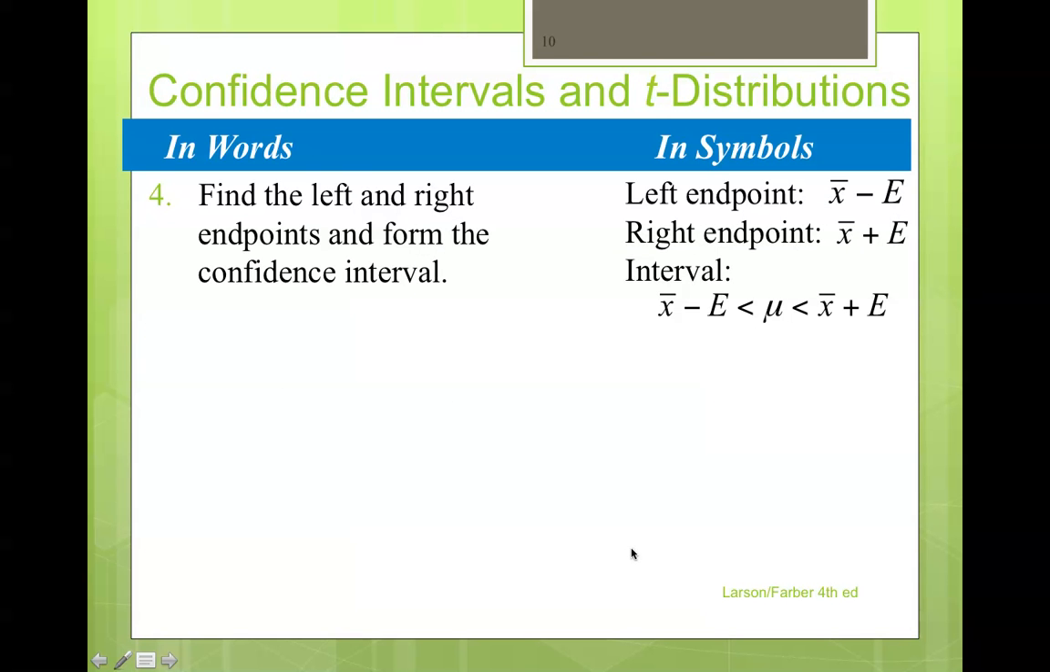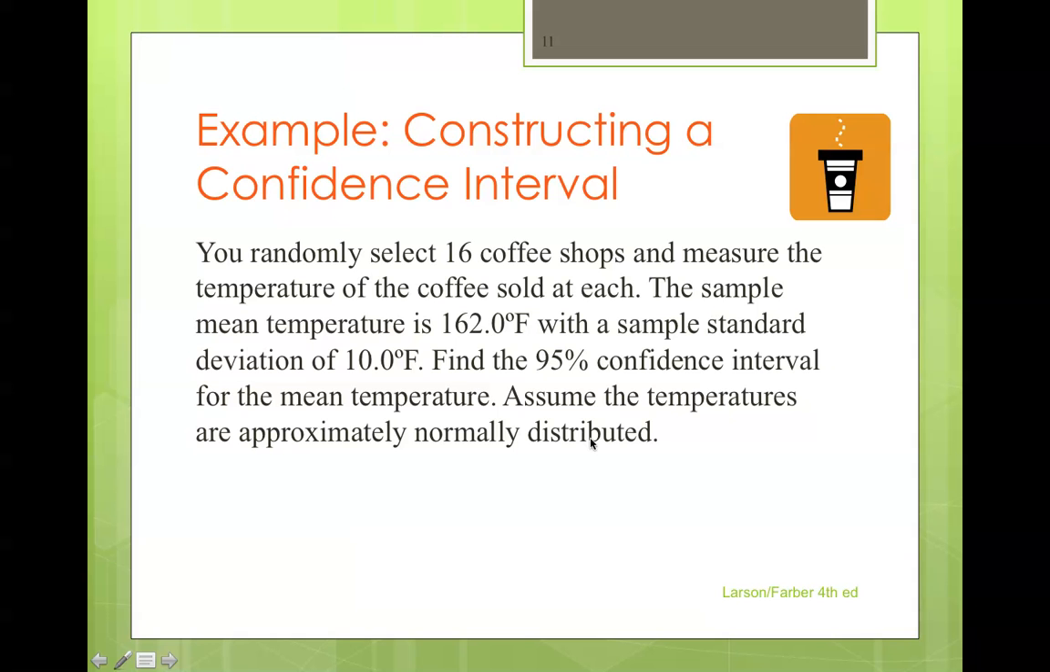Then we need to subtract and add e to the mean to get our interval, just as we did previously. So, example, constructing a confidence interval. You randomly select 16 coffee shops and measure the temperature of the coffee sold at each. The sample mean temperature is 162 degrees Fahrenheit, with a sample standard deviation of 10 degrees. Find the 95% confidence interval for the mean temperature, assuming the temperatures